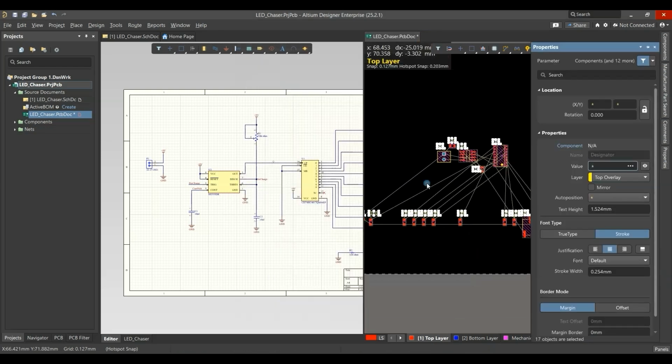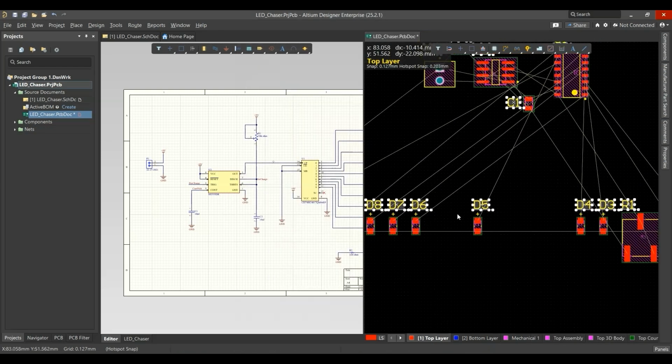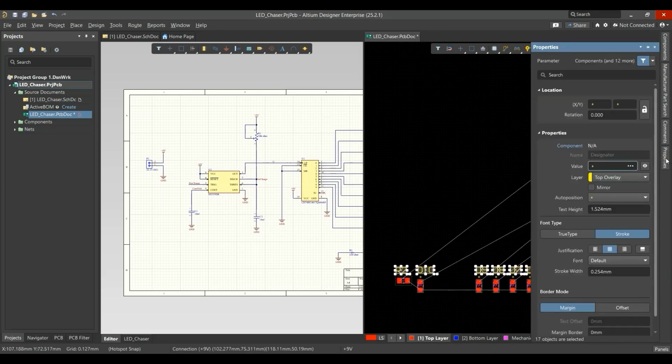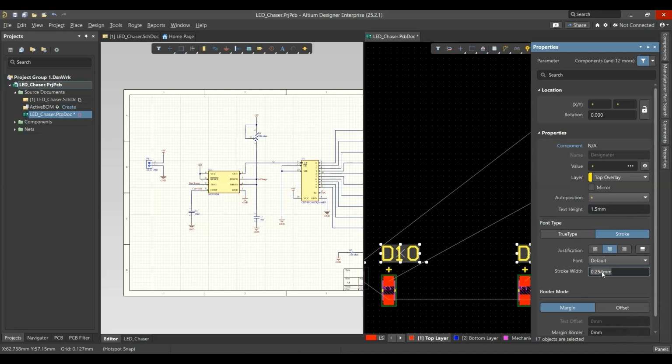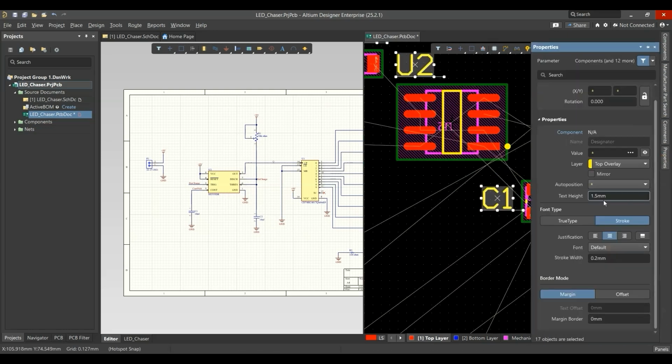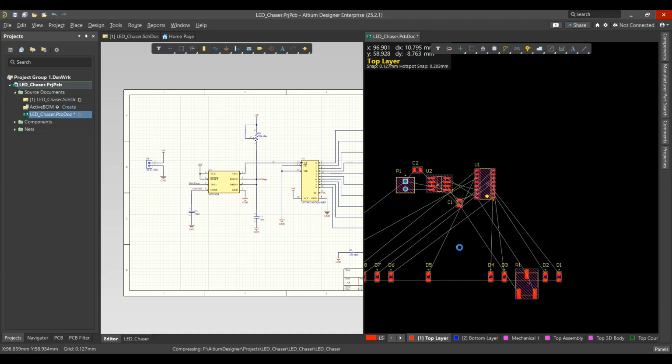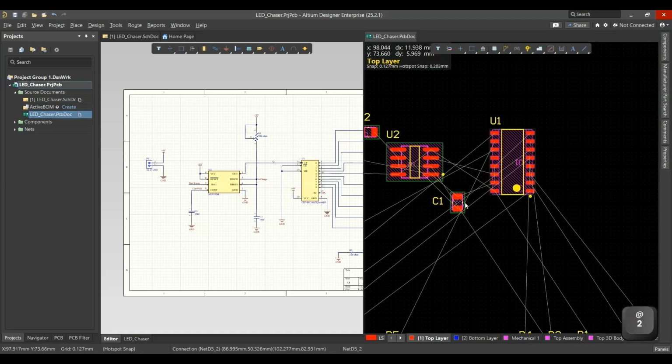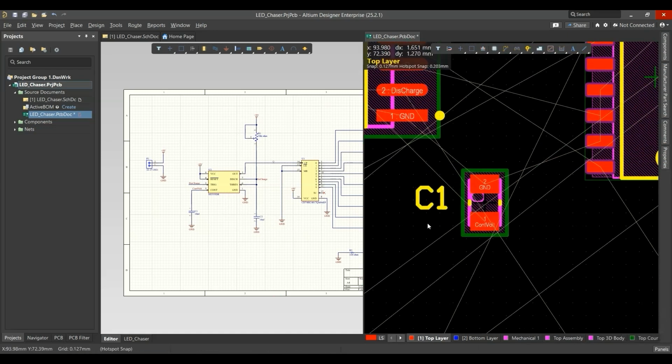Okay, as you can see, all the designators in the top overlay layer are selected. So go to properties and decrease the text height. You see, it got a little bit smaller. Decrease the stroke width as well, better. But still they are a bit large for me, so let's decrease their height again. Now it is better. Nice. Now let's continue placing our